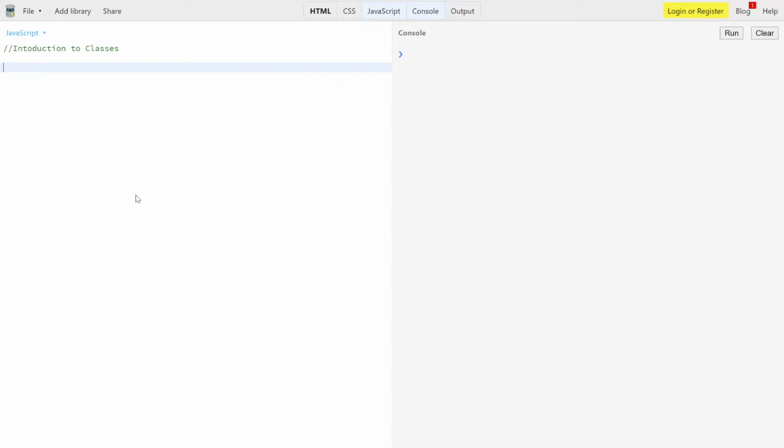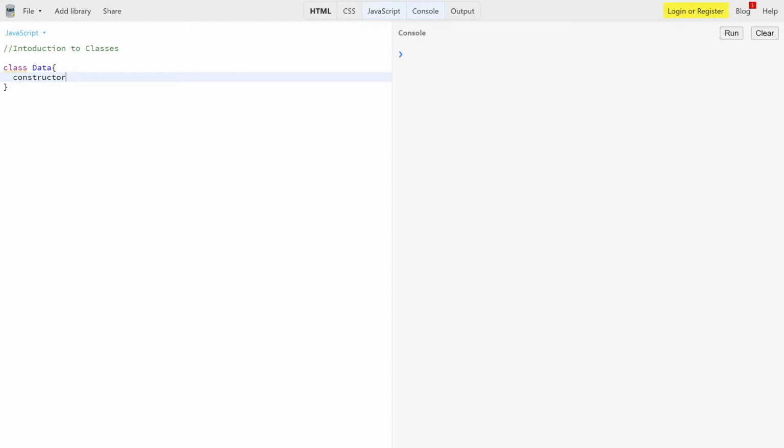So let me move towards our class. How are we going to describe our class? We describe a class with the help of the class keyword and then the name of our class. So let me put Data over here, and you can put curly brackets. So the first thing in the class is constructors. What is a constructor? Let me give you a very brief introduction.